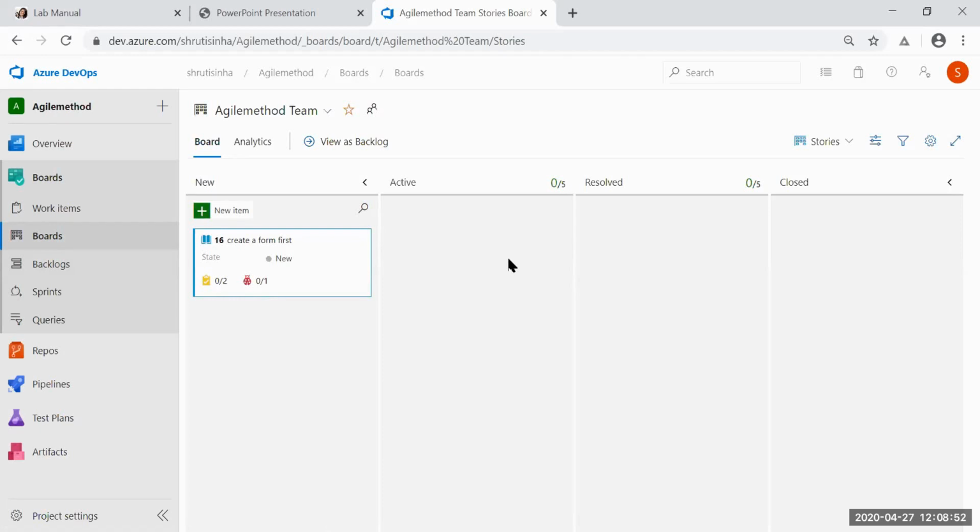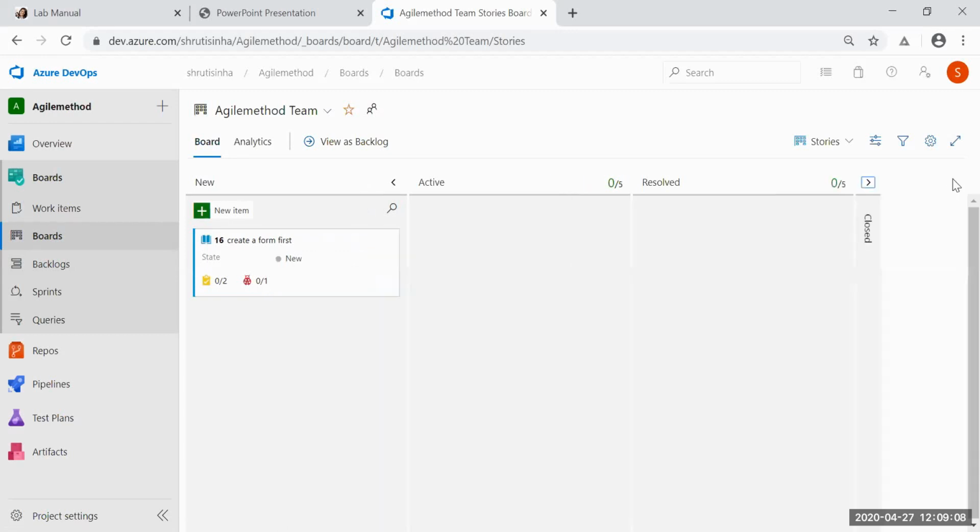So you see, in the board what we are getting: New, active, resolved, and closed. So these are the states of my task. But in basic, it was only three: to do, doing, and done. Here I would say new is like to do.